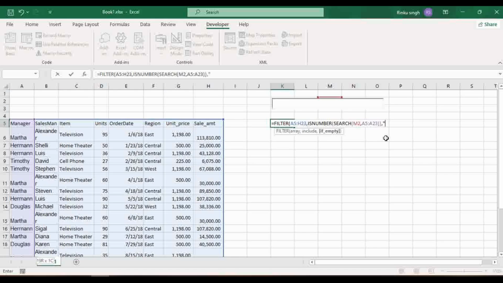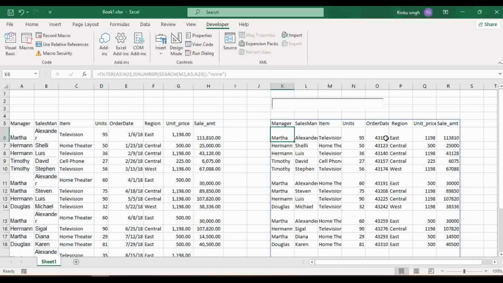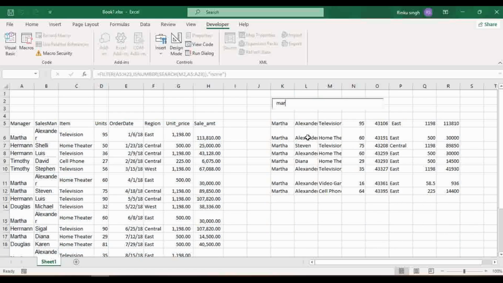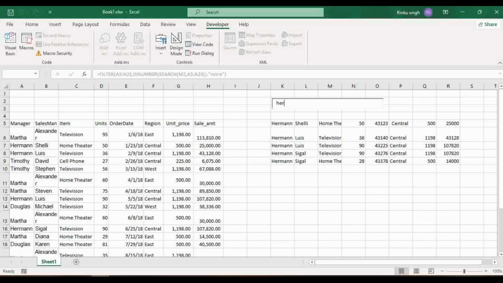The third argument allows you to choose a default text to display if no match is discovered. Press Enter to test the functionality. Now, if I type MAR, it will return results beginning with those letters. Similarly, if I write HER, it will return results beginning with